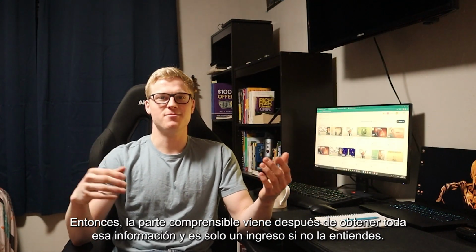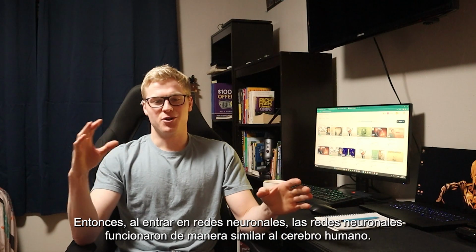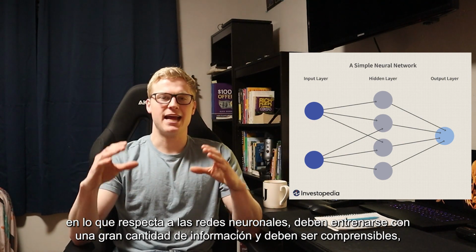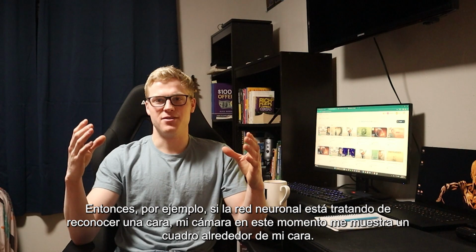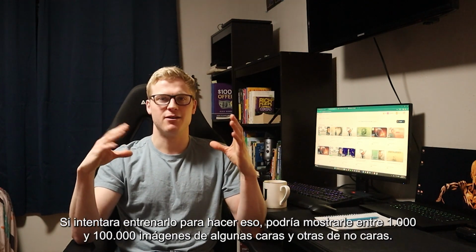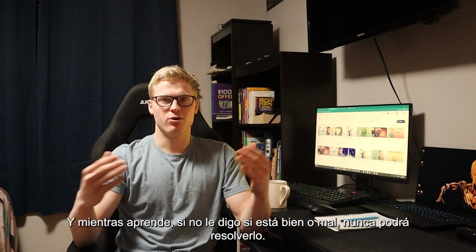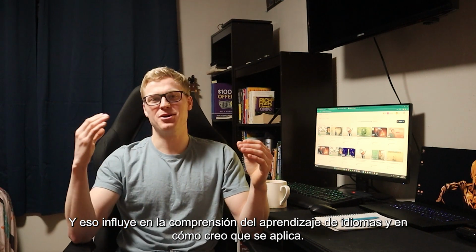So the comprehensible part comes after getting all that information, and it's just input if you do not understand it. Neural networks work similar to the human brain in that they have to be trained with a massive amount of input, and it has to be comprehensible, meaning it has to know whether it's right or wrong. For instance, if a neural network is trying to recognize a face, like my camera right now is showing me a box around my face, if I was trying to train it to do that, I could show it 1,000 or 100,000 pictures, some with faces and some not faces, and if I didn't tell it whether it was right or wrong, it would never be able to figure it out. It has to know whether it's right or wrong, and that plays into the comprehensible input of language learning